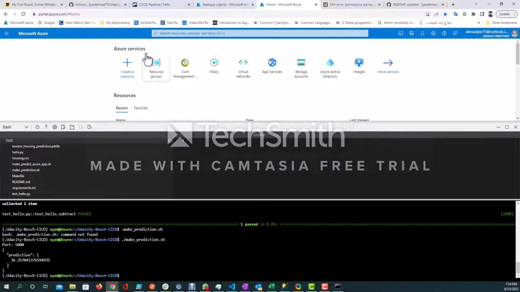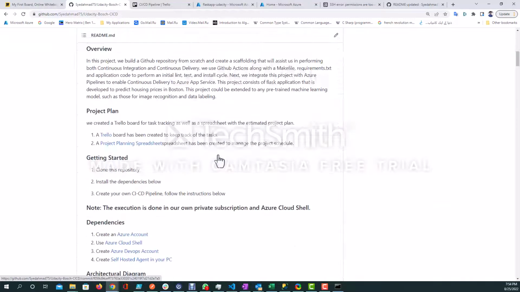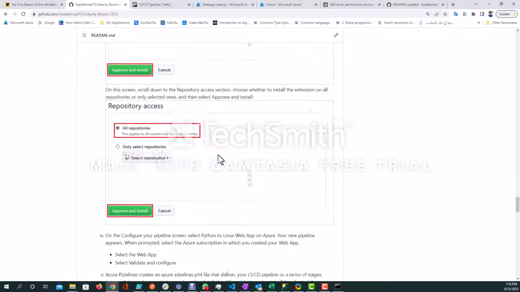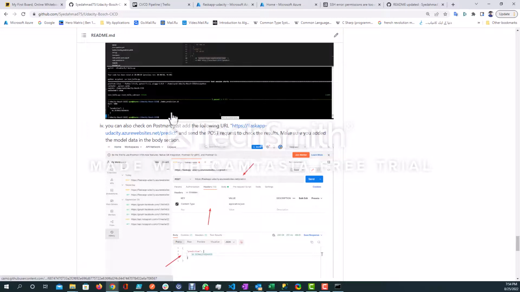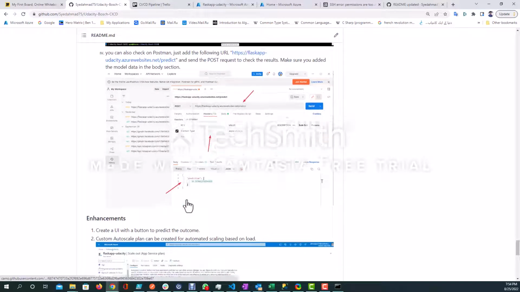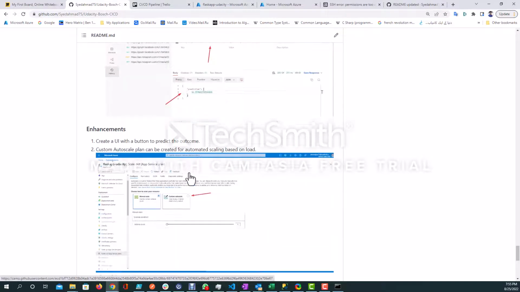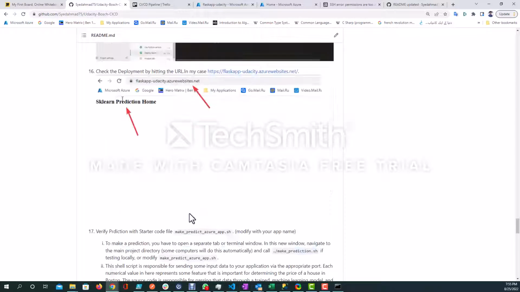You can see my prediction is there. So everything is working fine, and if we go towards the review file, everything is done now. I have already shown you the local prediction as well as in Postman. So now, yeah, there are some enhancements that we can make, like auto scale based on the load. So yeah, that's all for this project's